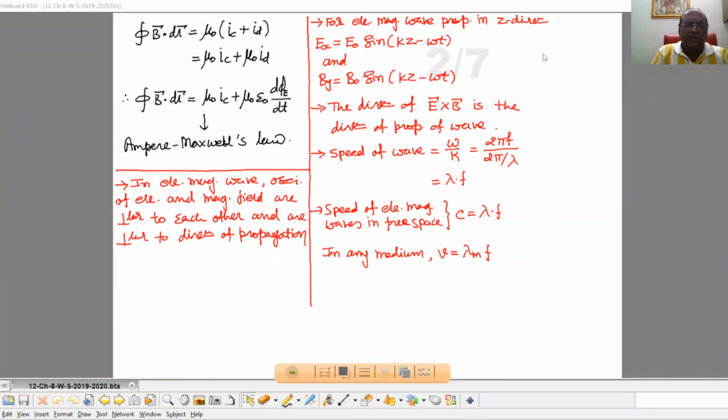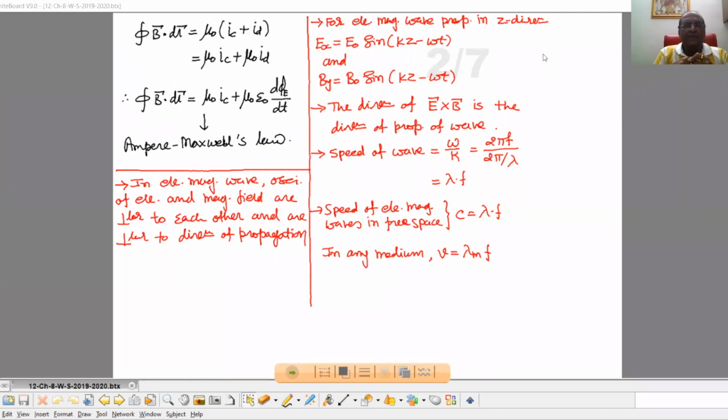So when Maxwell suggested the existence of electromagnetic waves in nature, but that electromagnetic wave theory suggested by Maxwell was not accepted initially because experimental evidence was not there. Okay. Then scientist Hertz produced electromagnetic waves in the laboratory, right? So how did he produce electromagnetic waves in the laboratory? With the help of